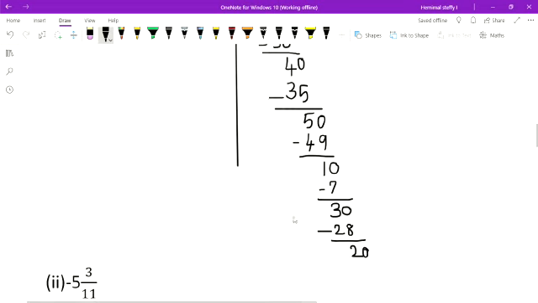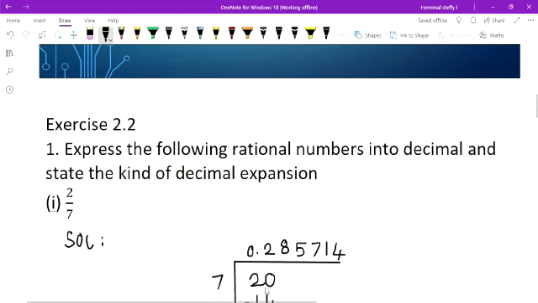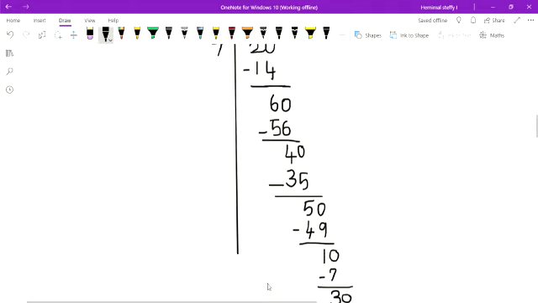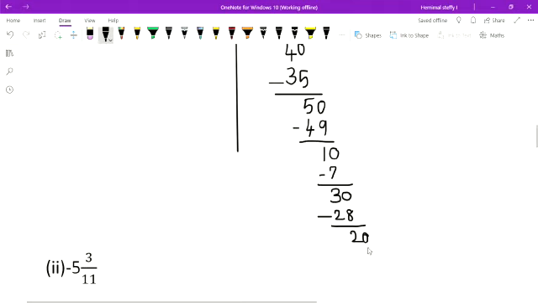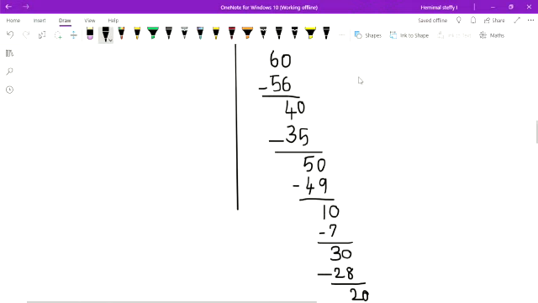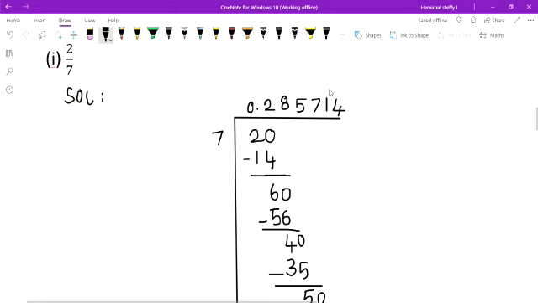Again the number we started from, 20, I started here with 20. The same number will come here also. So again if I divide this number, the same quotient will come here. So I will stop there.